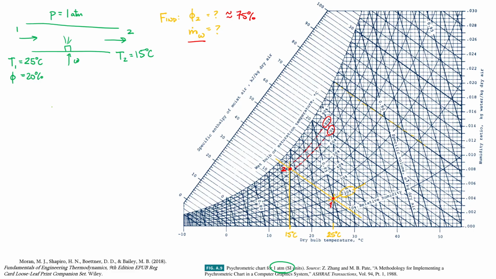So we can say that the sum of mass flow rates of water in has got to be equal to the sum of the mass flow rates of water out. Going in, we have the mass flow rate of the vapor at 1, and we have the mass flow rate of our water coming from this little spray piece right here. And exiting, we have our mass flow rate of our